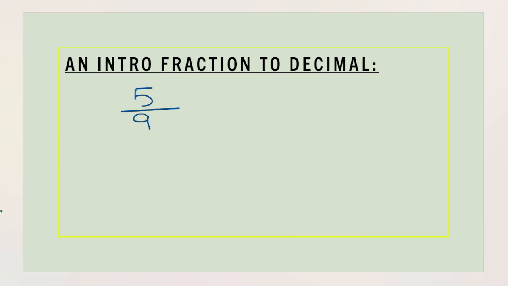Let's try another question. 5 divided by 9. Let's write it down in a similar fashion, 5 divided by 9. 9 becomes my divisor and 5 is my dividend. Now it's very interesting here because 9 is the greater number as compared to 5. You cannot write 9 underneath. So here at the very first step, I am going to write a decimal and as a result, I get a free 0. Okay, so 9 times 5 is 45. I'm going to use that,